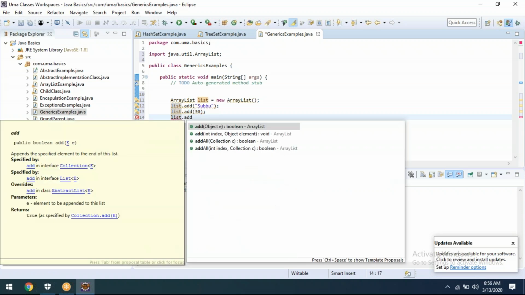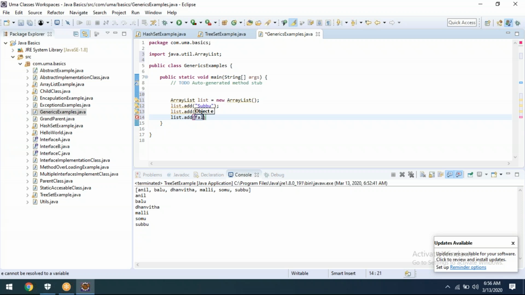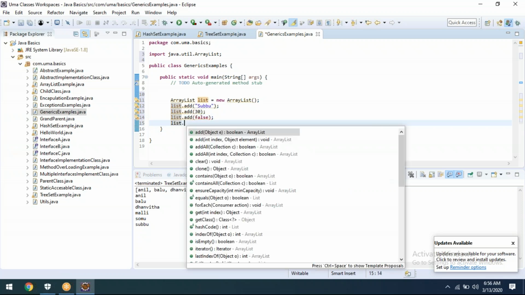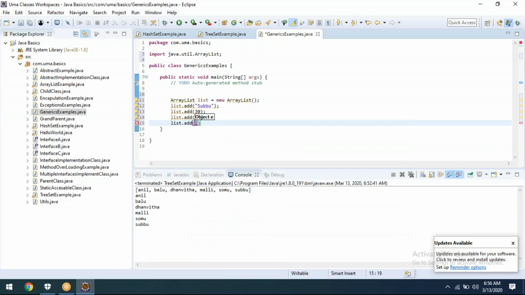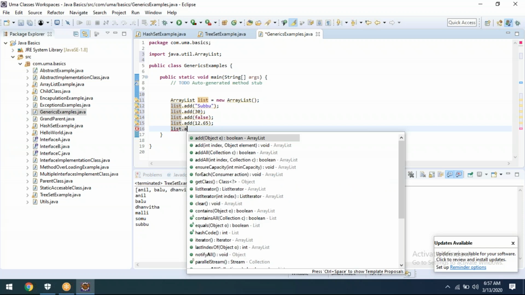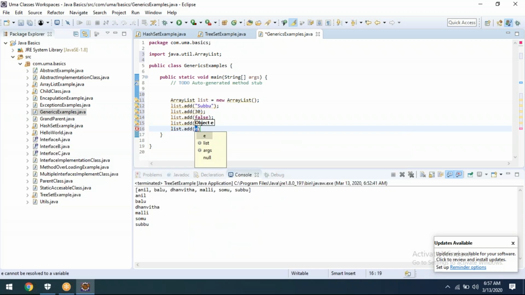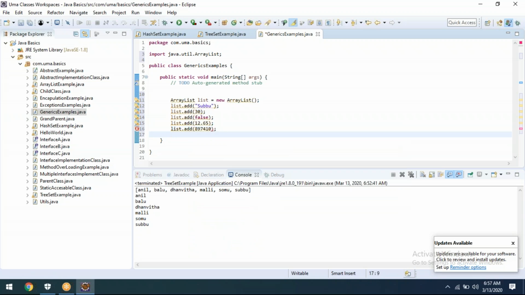List dot add 12.56. List dot add something like that. I can add.